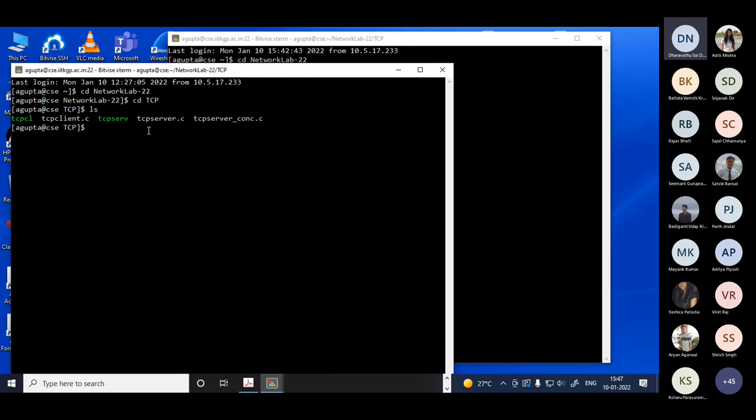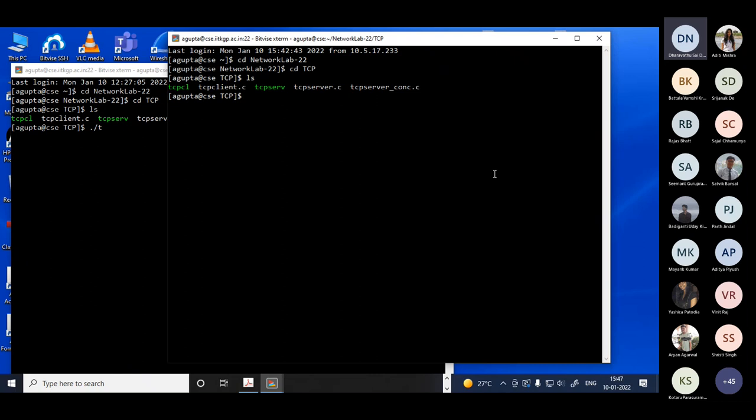So I'm going to run the TCP server. So this is my TCP server. I've already compiled it, just standard cc, nothing special. But let me do one thing. Let me first find the client. What is it? TCP, so ./